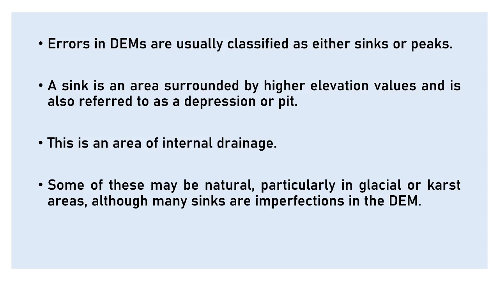The errors in digital elevation models are usually classified as either sinks or peaks. A sink is an area which is surrounded by higher elevation values and is also referred to as a depression or pit. So that is understandable, right? Basically, if you have a lot of cells in the grid,